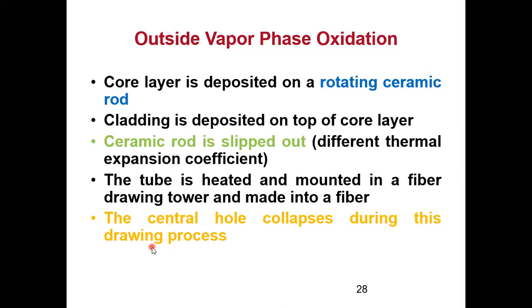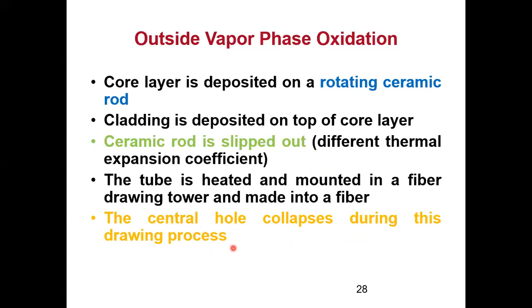Now what happens is, when I'm drawing the fiber from this particular preform structure, remember the preform that is prepared will have a hollow empty space, because just imagine a pencil. You have a pencil, you have that black coating, you have that wooden part, and if you remove the lead of the pencil, that kind of thing is happening over here. So when I am drawing the fiber in that fiber drawing tower, there is a hole present in this particular method. That hole will collapse, otherwise you will feel that there is no core material at all. So the central hole is collapsing during the drawing process.